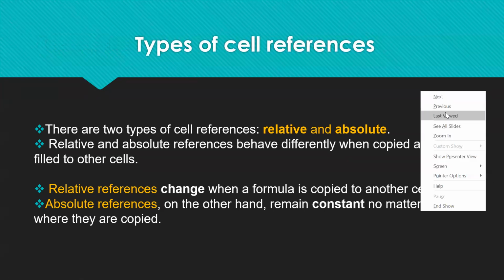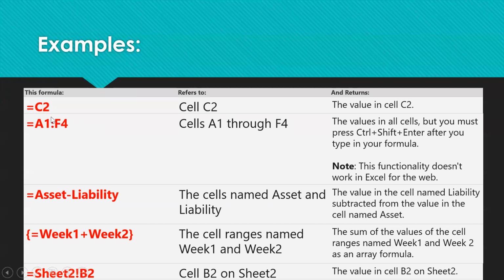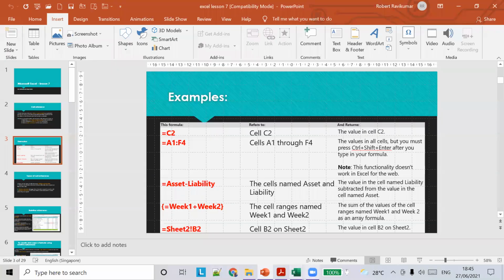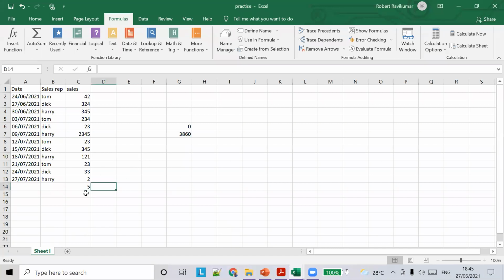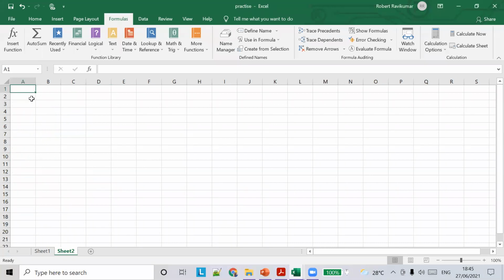So let's see some examples. C2, right? As you know, we use cell reference. So let's say there is a cell 54 and I want to copy the cell value into this particular cell. Okay, so I want to copy A1 into D2.